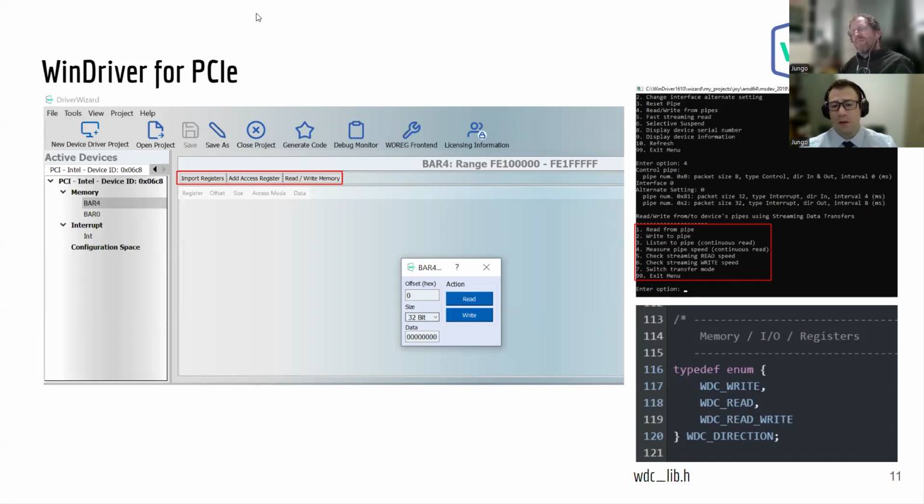So you can see all this for yourself. You can experiment with it. You can play with it. And it comes with full technical support. So any issues you have with WinDriver, we're here to help. And it's all in-house support. From there, I think we can go on to the next slide.